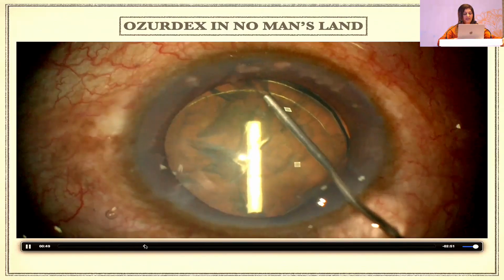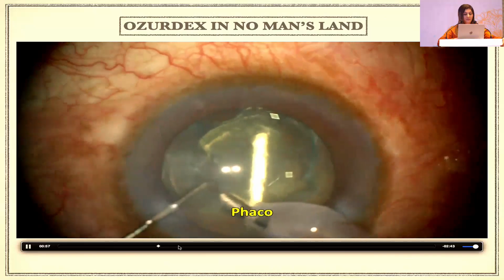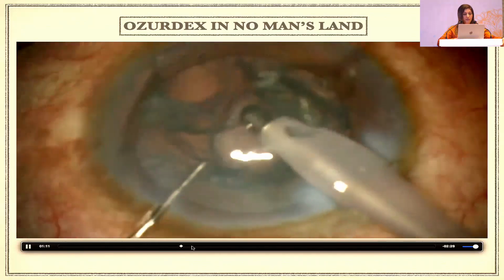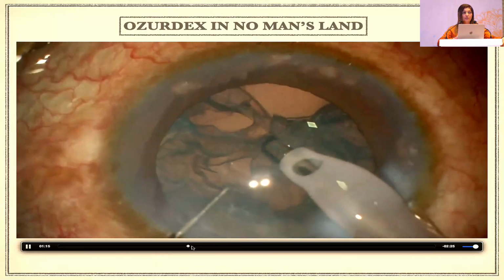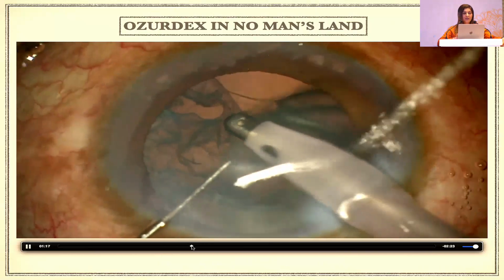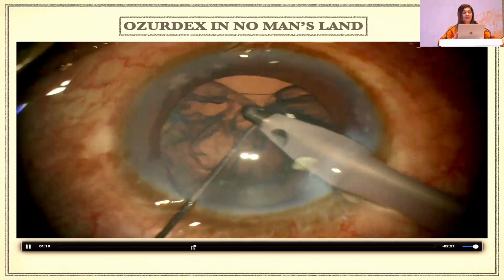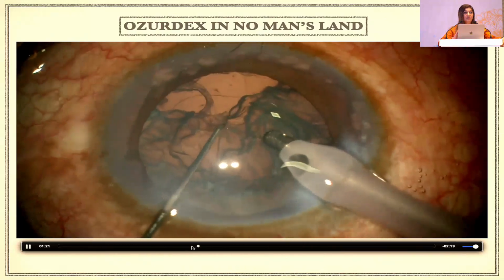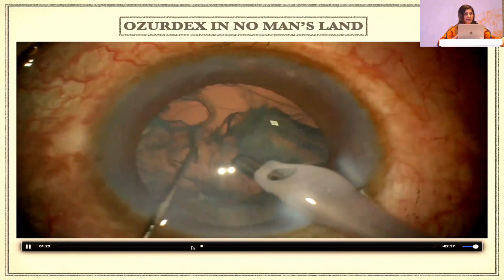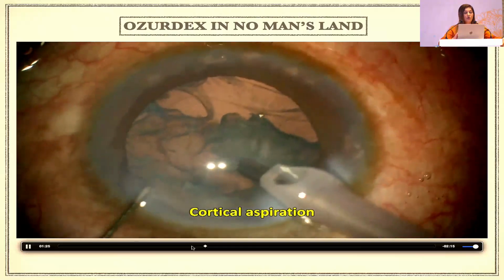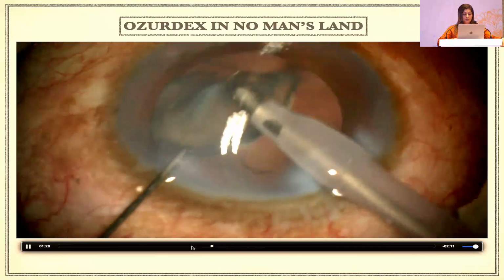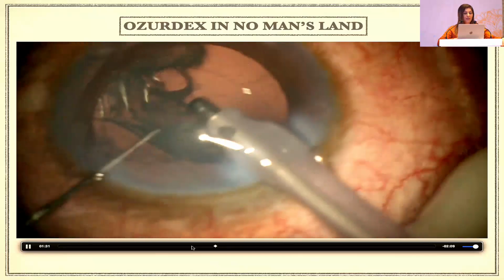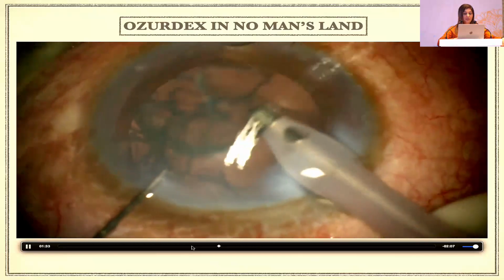You do a rexis, and this Ozurdex, anyway, comes up very easily into the phacoemulsification probe. You do a good IA at this point of time, but you know that you have a posterior rupture. So go very, very slow when you already know that this element is there in the anterior chamber, and you are going to expect a certain amount of posterior capsular dehiscence in this patient. So carefully and diligently doing an irrigation aspiration in this patient,